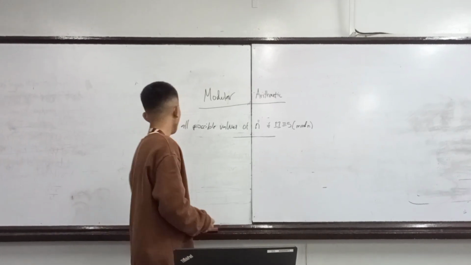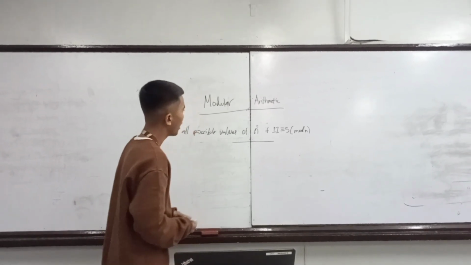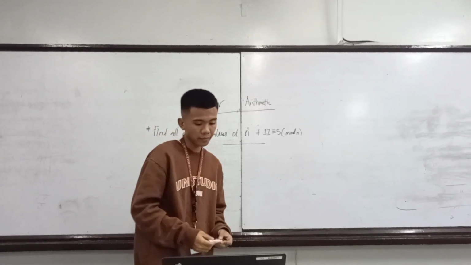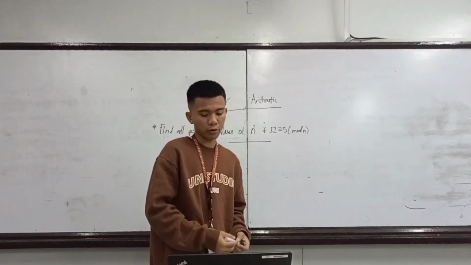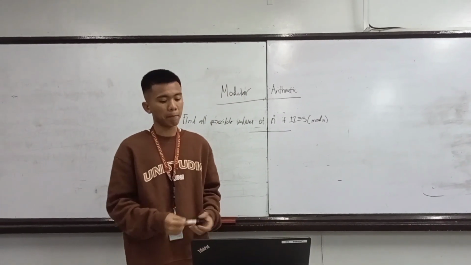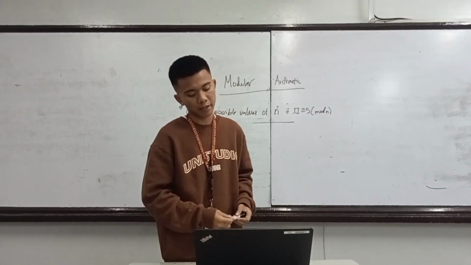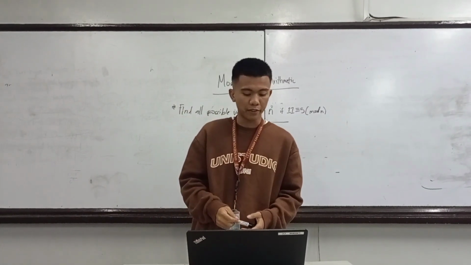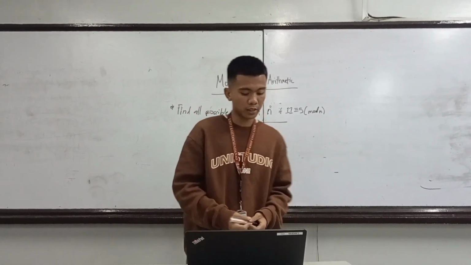The example is: find all possible values of n if 11 is congruent to 5 mod n. In this case, we don't know the modulus, and we're trying to find it. We know that 11 is congruent to 5, so we can use our formal definition. What is our formal definition? Our formal definition is